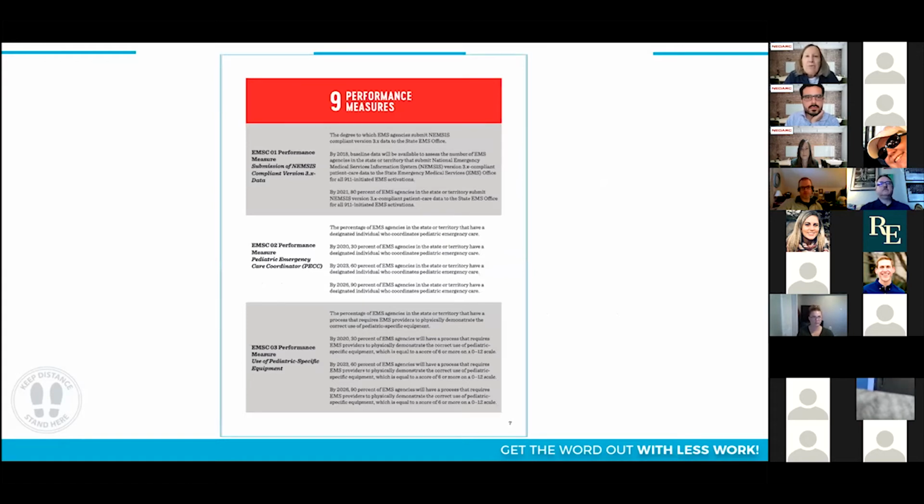We knew that perhaps you might want to be able to look at the performance measures in a hurry or share them with someone. So we have a page of all 9 performance measures, and each of these has the targets for each year. So by 2020, 2023, and 2026. So although you might feel worried about meeting the targets, you could see that they're incremental. We don't expect people to get somewhere all at once, especially for new measures. So those are some of the things that we did for the manual based on what we thought about with you.